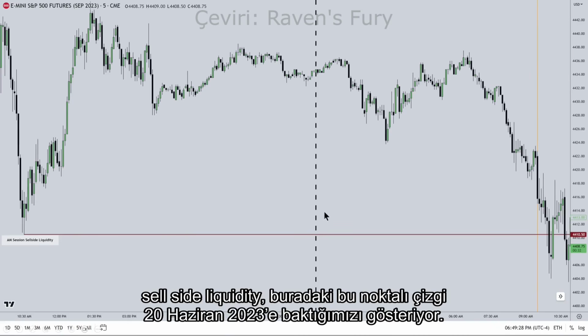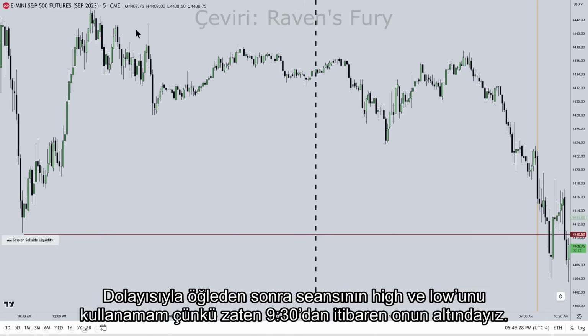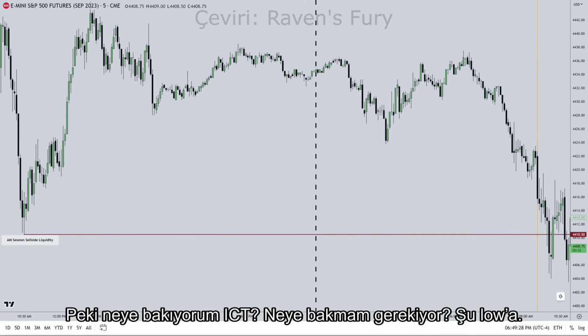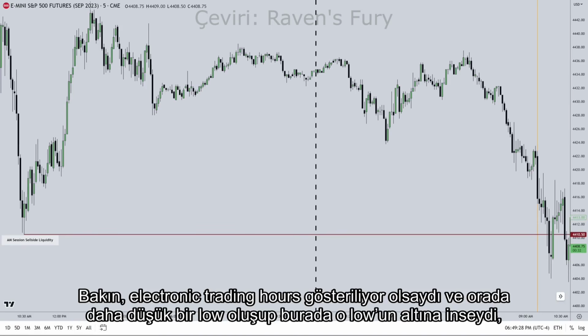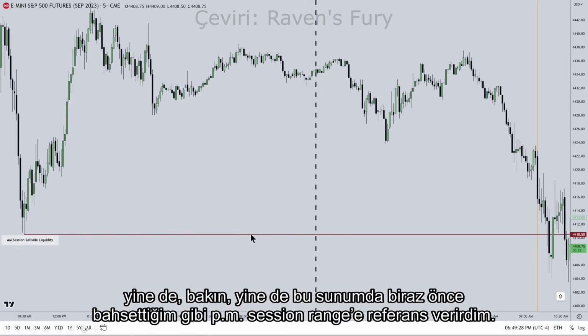This dotted line here denotes we're looking at the 20th of June, 2023. So I can't use the afternoon session high and low because we've already, starting at 9:30, we're already below that. So what am I looking for, ICT? What am I supposed to be looking for? That low. It doesn't matter if it was a lower low, okay? Listen, if there was electronic trading hours showing and it had a lower low and it went below that low here, I would still